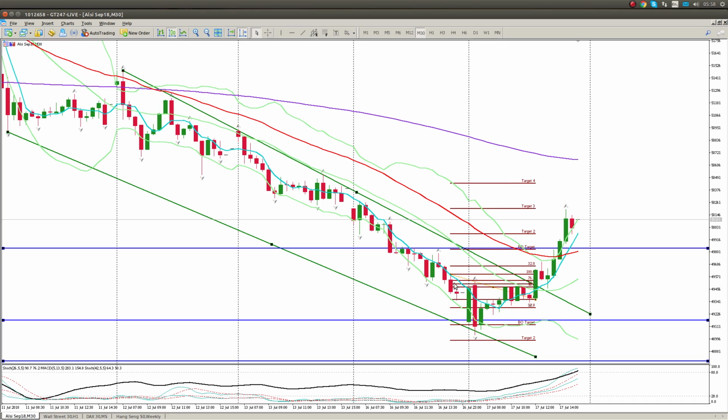Okay, so the closing range, you can see the closing range. We gapped down, opened up pretty near the breakout target, came up, and we tested the breakout. Okay, so this line here was the breakout. So we got down, came up, tested the breakout, came back down to do another test, and then we put